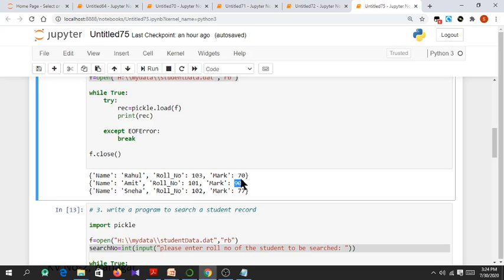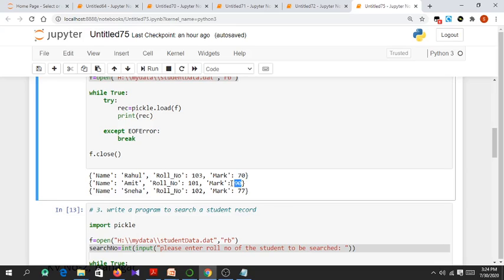Can we apply read mode? No, because if we apply read, we cannot change anything, but our task in this program is to change an attribute, the mark attribute. So read cannot be applied. Then what about write? Write cannot be used either, because the write operation overrides all the previous content. When I write something, all previous data will be erased, so write is of no use.